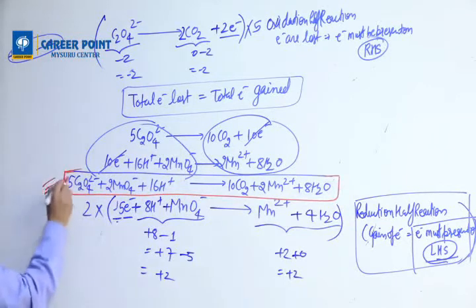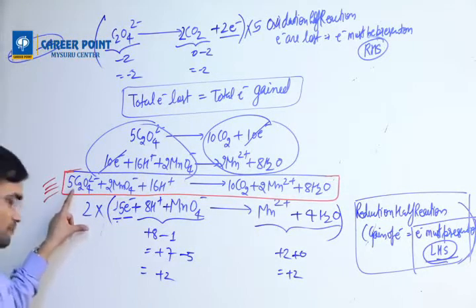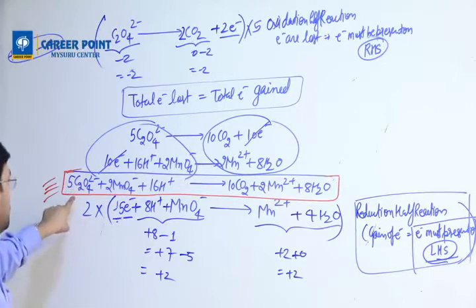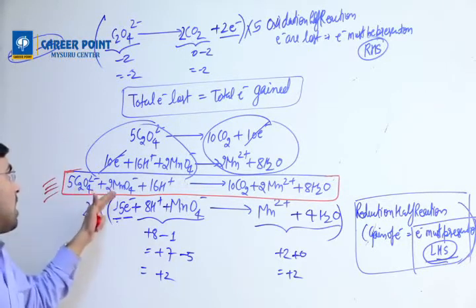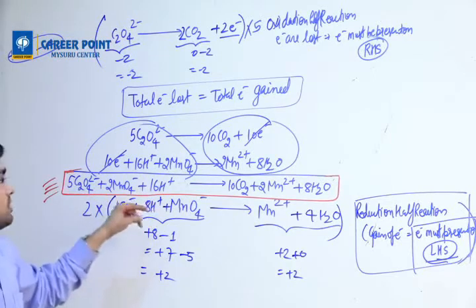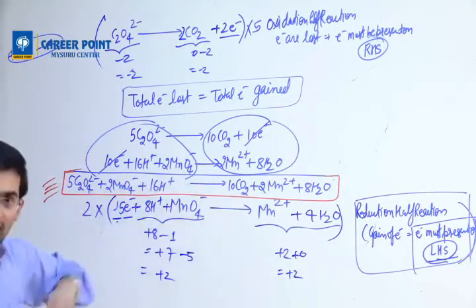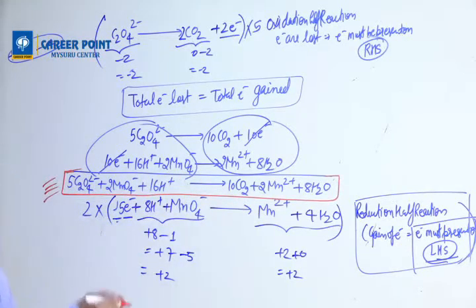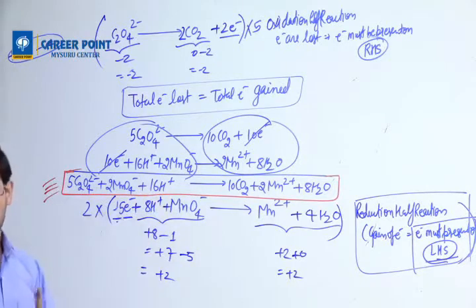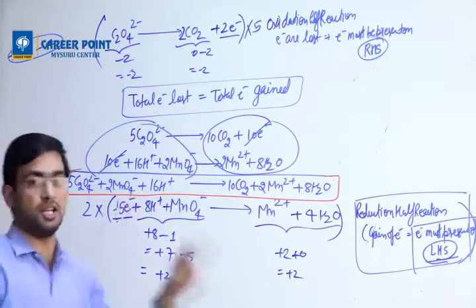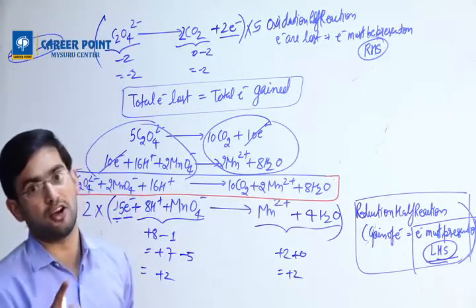Now you find out atom-wise, you verify this. Now your job is to verify. You find how many carbon, how many oxygen, how many manganese, how many hydrogen. Then you find out, are they equal or not? Once you find out this, then you also find out what about the charge. Is the charge balanced or not? If you are satisfied with both conditions, then only this reaction is a balanced redox reaction.